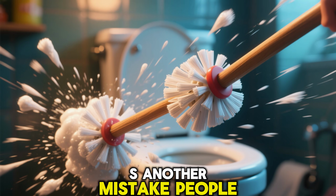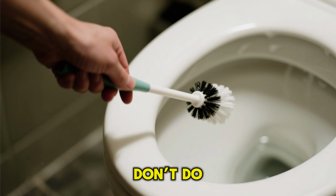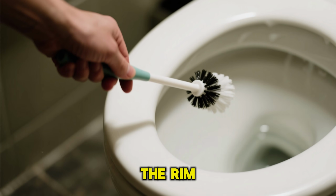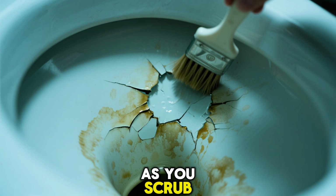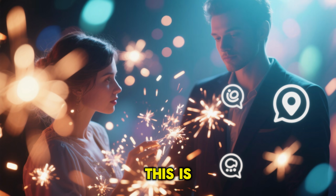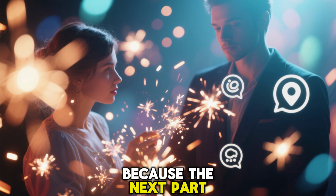But here's another mistake people make: they scrub aggressively like they're angry at the toilet. Don't do that. Use slow, controlled circular motions, starting from under the rim and working your way down. As you scrub, pay attention to how easily the stains start to break apart. This is where most viewers would normally click away, but stay with me, because the next part is where things